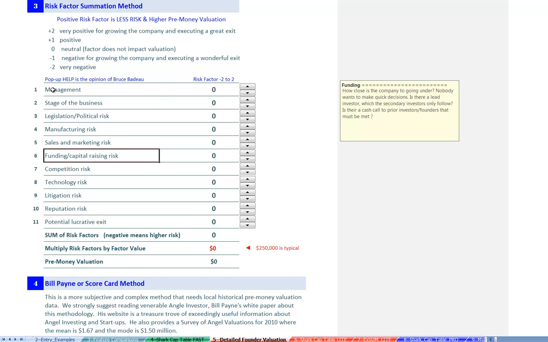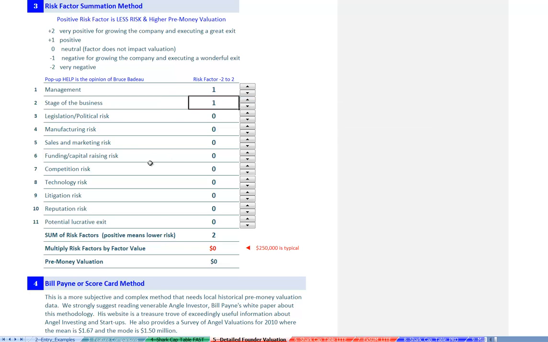Now, what we do is we just come down here and we say, well, how good is the management? Is it a 1 or is it negative? Well, it's got to be at least a 1. Stage of the business. Well, if you had a PowerPoint, it would be a -2. If you had a business plan and no money, it might be that. If you sold $5 worth of product over the last year, it might be 0, but maybe you got a 1 because you've been out there with some